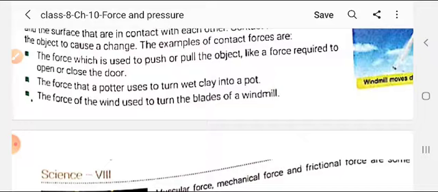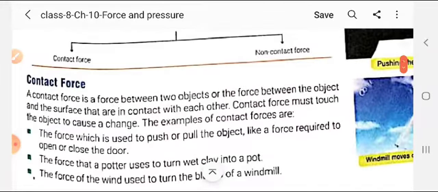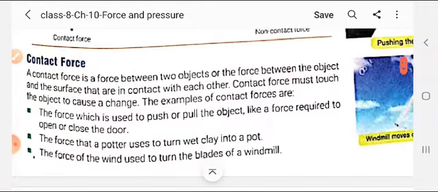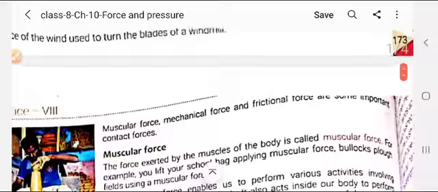हवा उसको तभी घुमा सकती है जब हवा उन पत्तियों को टच करेगी। जब वो पत्तियां हवा को टच करेंगी तभी वो पत्तियां मूव करना स्टार्ट होंगी, अदरवाइज वो वैसे ही एकदम स्टिल पड़ा रहेगा। अगर हवा उसको नहीं टच करेगी तो कोई मूवमेंट नहीं हो पाएगा उसमें। तो इस प्रकार से आपने देखा कि कुछ फोर्स ऐसे होते हैं जो बगैर संपर्क में आए उनके एक्शन, उनके इफेक्ट नज़र नहीं आएंगे।